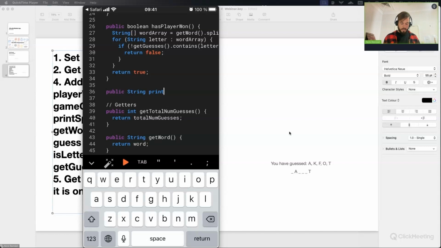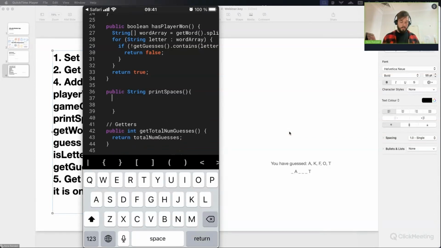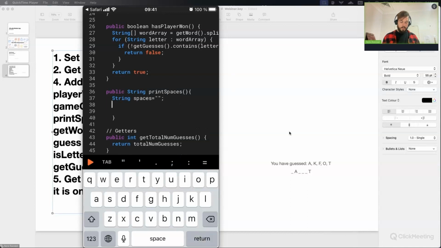So I'm going to call this method print spaces, and it's going to draw that little visual thing for the user, and we're going to have to now iterate over